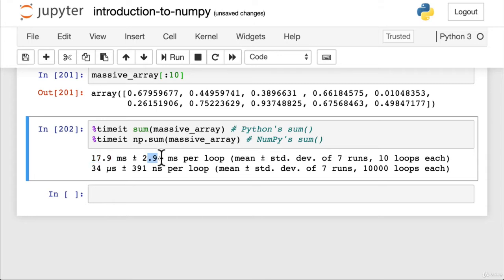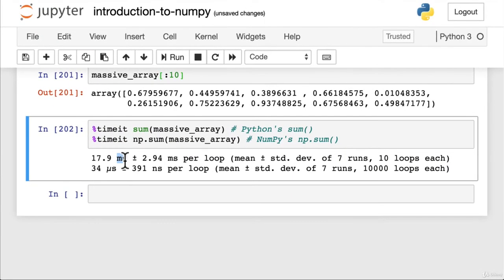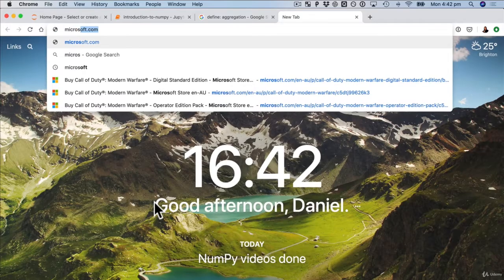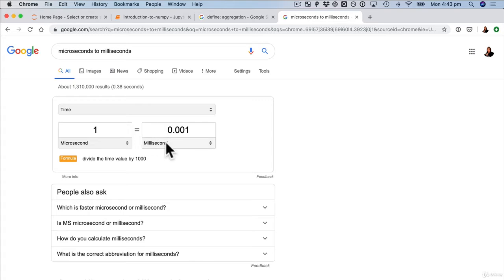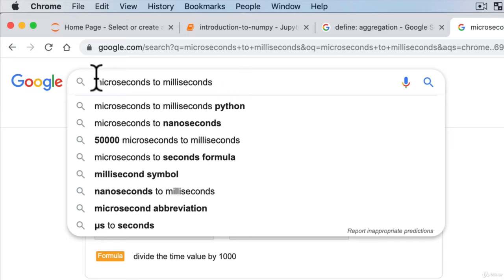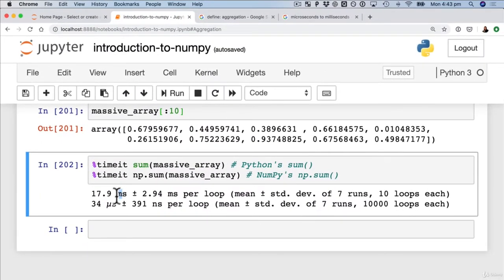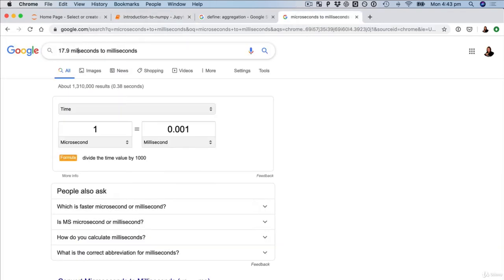plus or minus 2.94 milliseconds, 10 loops. But NumPy's sum, np.sum, took 34 microseconds. This little symbol here is mu for microseconds. So let's convert that. We want microseconds to milliseconds. 1 microsecond equals 0.001 milliseconds. So let's convert, this is milliseconds, we want to convert that to microseconds. 17.9 milliseconds actually to